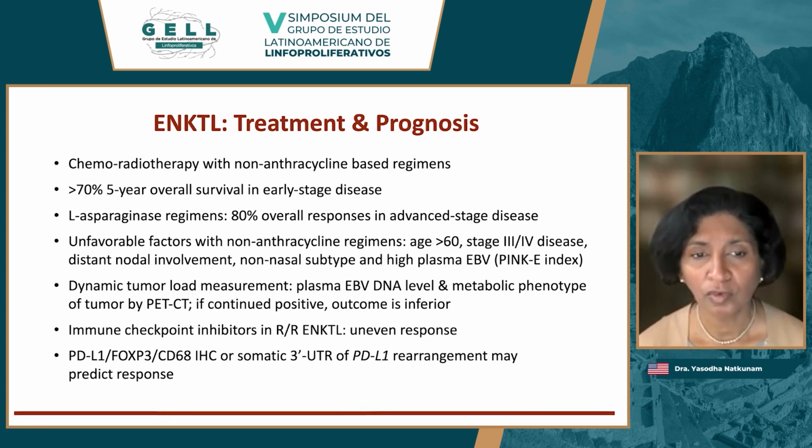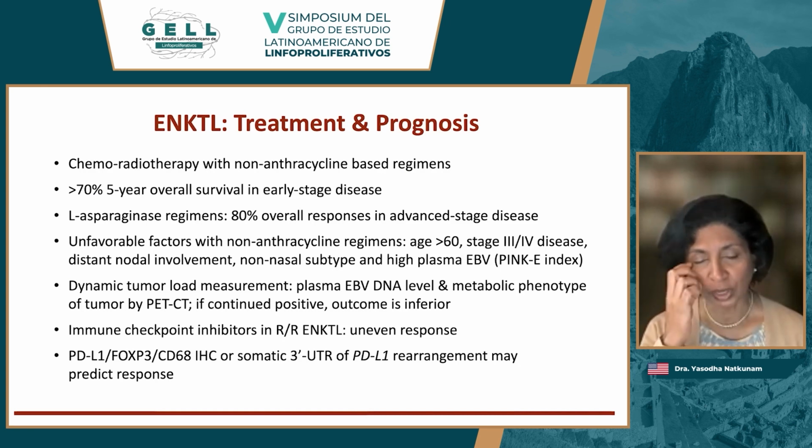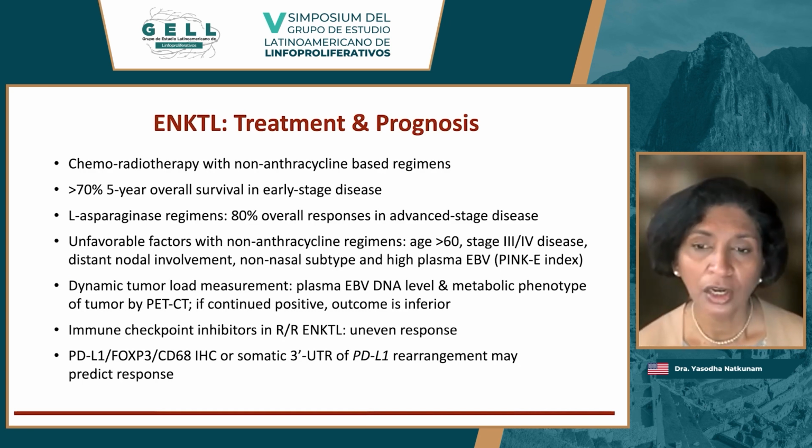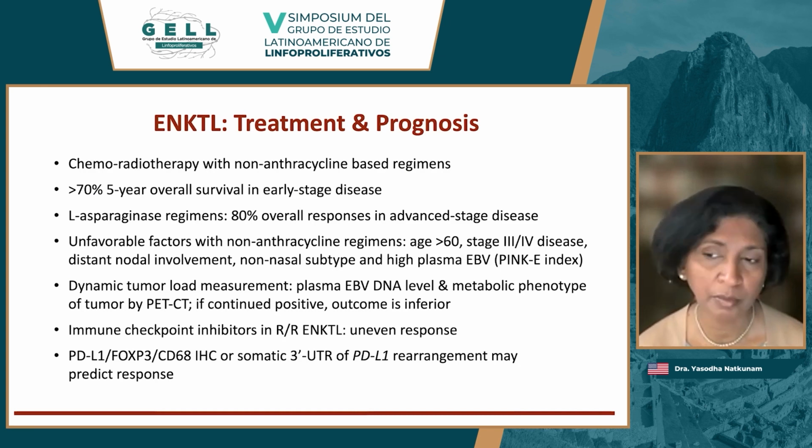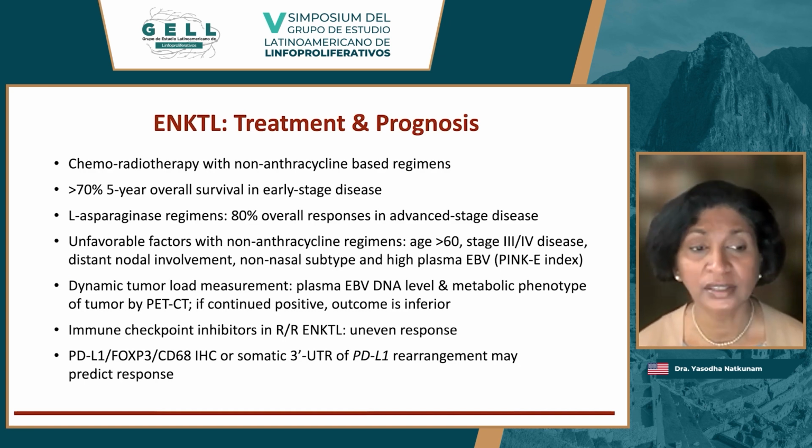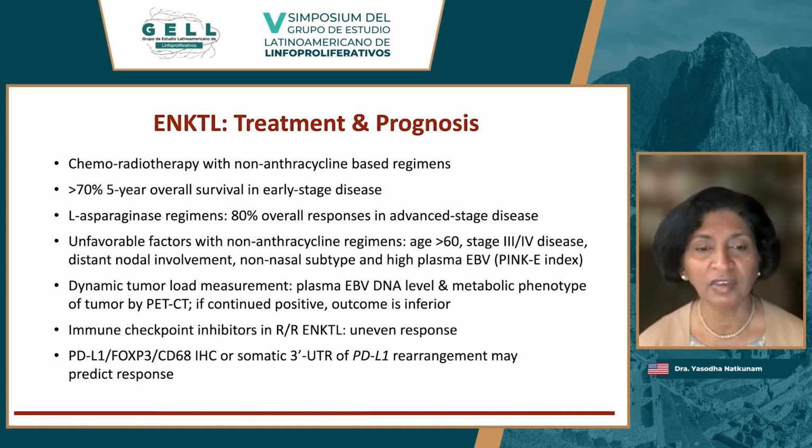The 5-year overall survival for early stage disease can be greater than 70%, and typically L-asparaginase regimens are used to treat this disease, and the overall response rate can be up to 80%. So there have been a lot of improvements in the treatment and prognosis of these patients, which a couple of decades ago were uniformly fatal, but now there are drugs that are actually much more effective, especially in earlier stage